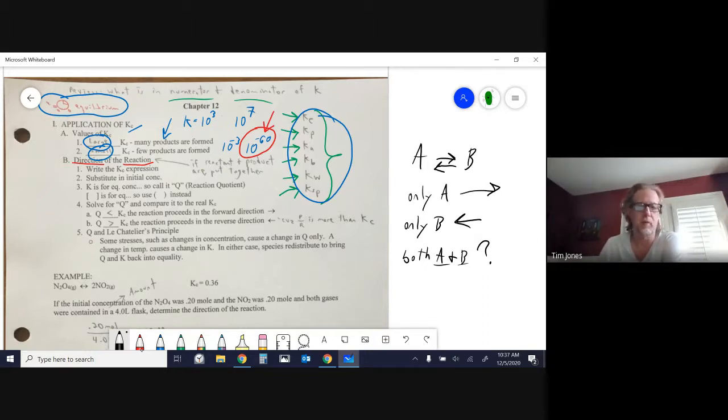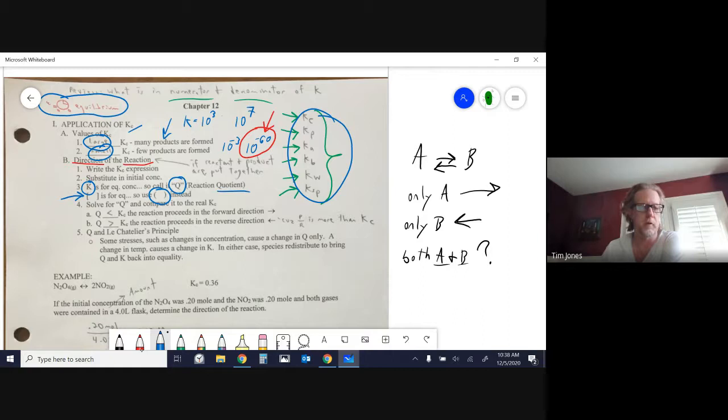Instead of calling it K at equilibrium, we don't know, we're going to call it Q, the reaction quotient. We talked about this already earlier, but I'm just reviewing it. Just some picky things. You don't want to use brackets unless you know you're at equilibrium, so we'll use parentheses. And then we'll compare our Q value to the K value, and it will tell us